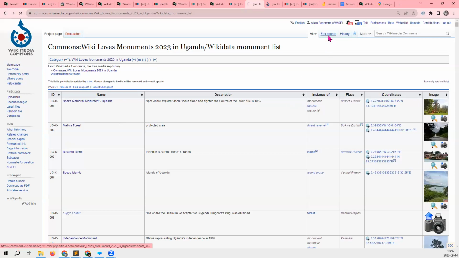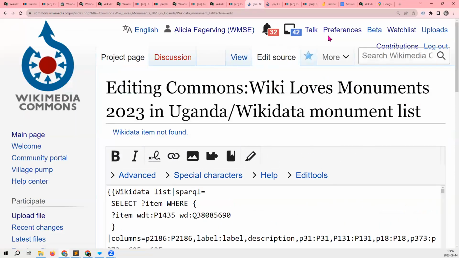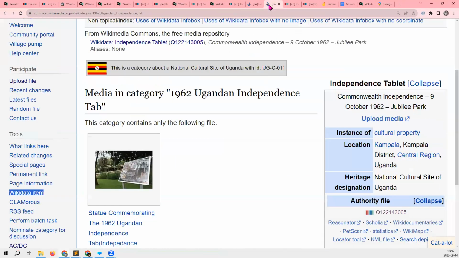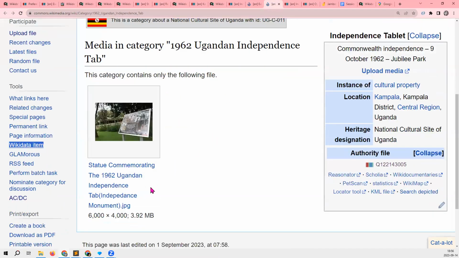I would have to dig a little in the source of the list to actually, yes, I'm going to add a separate column for the Wikidata item IDs. That is a very good idea. Yes, then we will have a separate column just for the Wikidata item ID. I'm going to fix it. That's a very good point that I missed.